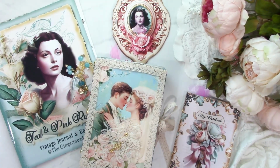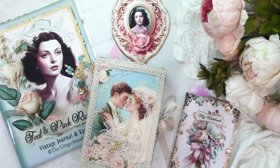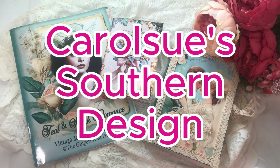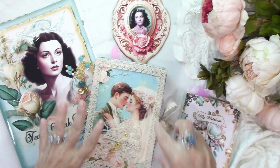Today I wanted to show y'all a flip through of my journal. I have got the journal done now, and I want to show y'all what it's all about. Okay,